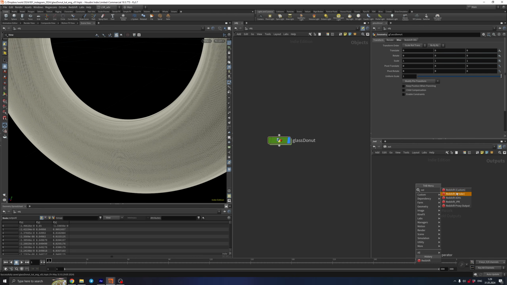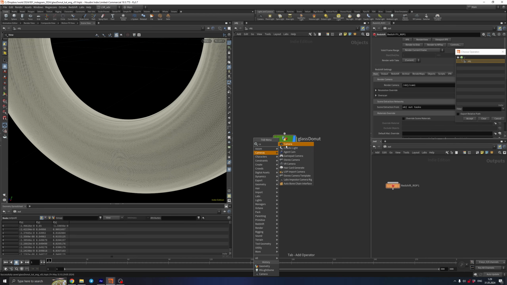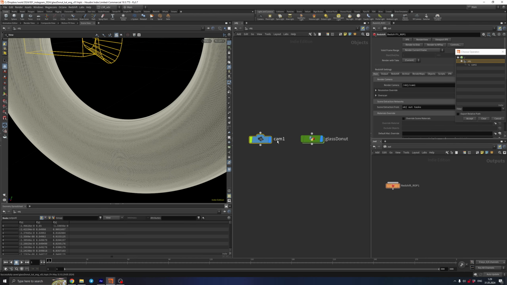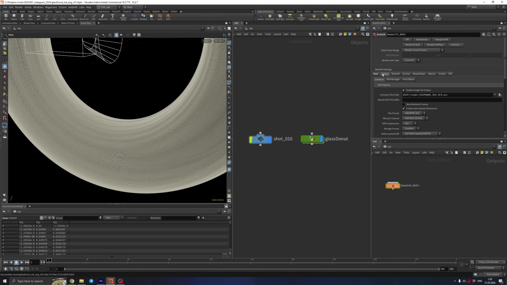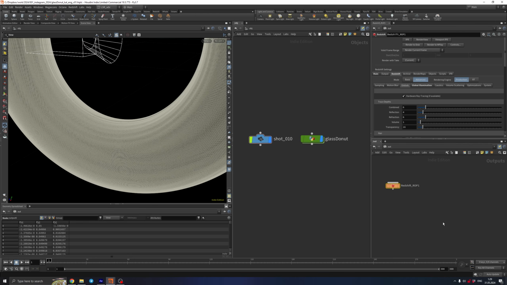Redshift, output, custom, create a camera, shutter 0.10, selected, output, never mind, advanced. We don't need the global illumination here because it's gonna be just glass and black background. Globals,